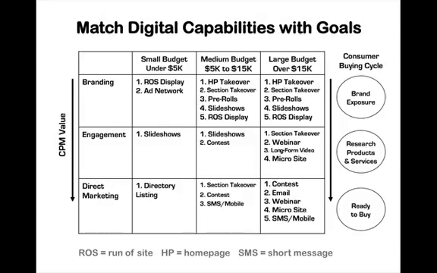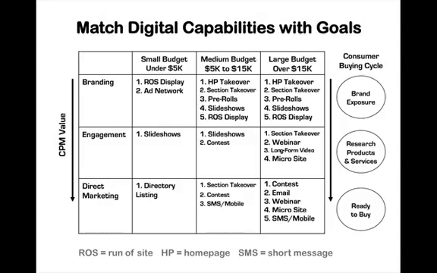So, for example, if we are talking to a client, this is how we would use this ultimately. If we were talking to a client and we're diagnosing that they have a medium-sized budget and they're really interested in direct marketing, we might then go look at that grid and say, okay, medium-sized budget, direct marketing. Okay, these are the 3 capabilities that I might recommend to them in combination with traditional advertising that I think would work really, really well.